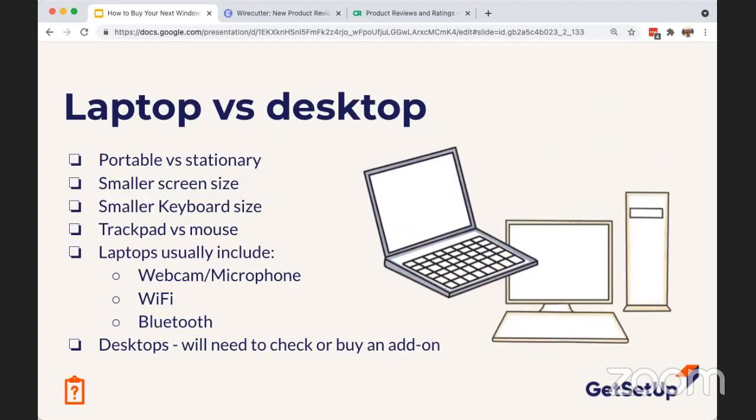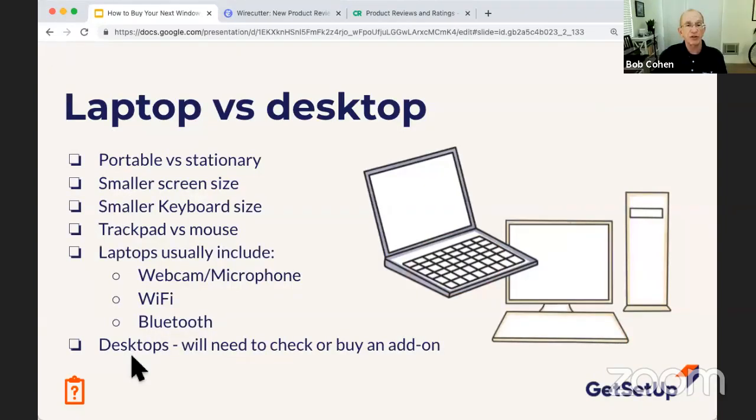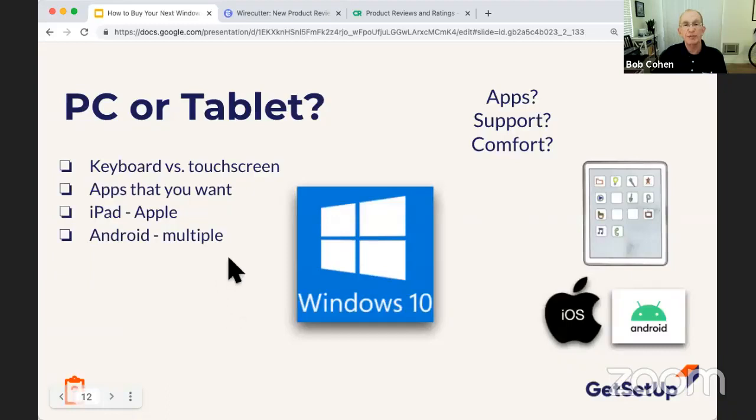Yeah, what's an iPad considered? Well, an iPad's considered a tablet, so you must have seen my next slide. Thank you, Bill. Okay, so let me go through my next slide. PC or tablet. Apple has invested a lot of money in the iPad. It's a product that runs the mobile operating system for Apple called iOS. And there's also Windows 10 computers that have touch screens that very much act and behave like a tablet.